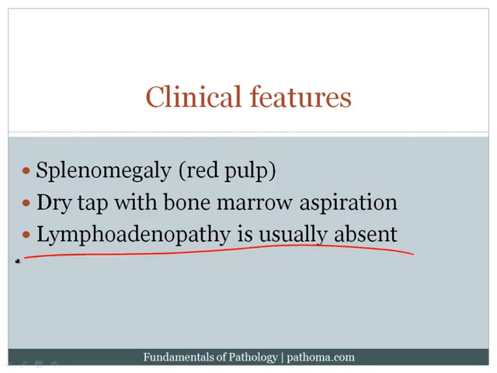Finally, if you were to do a bone marrow aspiration on these patients, you would get a dry tap because the bone marrow is often fibrosed in these patients. I sort of put this entire story together by simply remembering the word TRAP. TRAP, tartrate-resistant acid phosphatase, helps me to remember the chemical reaction that is classic for hairy cell leukemia. It also helps me to remember that the cells get trapped in the red pulp,